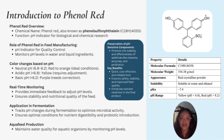In addition to monitoring water and liquid ingredients, phenol red is also useful in processes like fermentation, which is commonly used in feed production to improve nutrient digestibility or introduce prebiotics. During fermentation, phenol red can track pH changes, ensuring the process occurs under optimal conditions for microbial activity. The indicator is also crucial in the production of aquafeed, where maintaining proper water quality is essential for aquatic organisms. By continuously monitoring pH, phenol red ensures that the water used in aquafeed production remains suitable for the